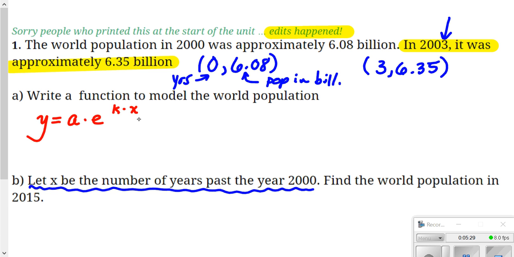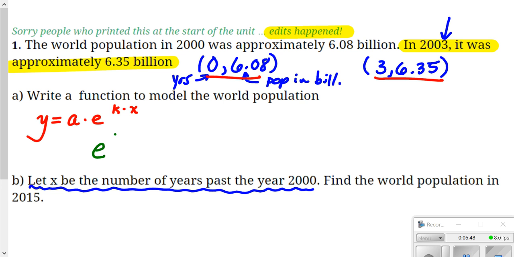X and Y are the things that vary, okay? And they vary, like they could be this pair, they could be this pair, it could be a lot of different points because there's going to be a lot of points on my graph, an infinite number of points. Now, the great thing about being given this first ordered pair is that if I put 0 in for x,